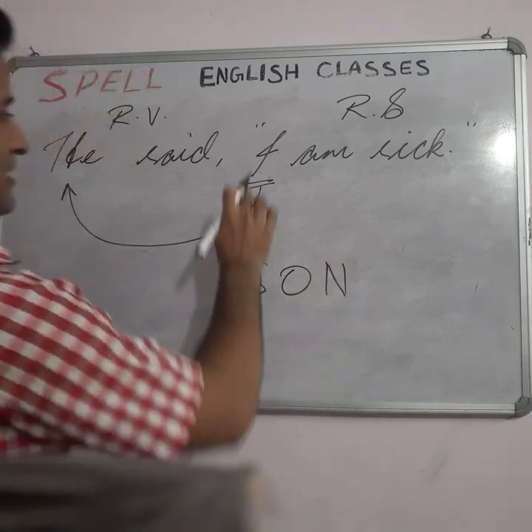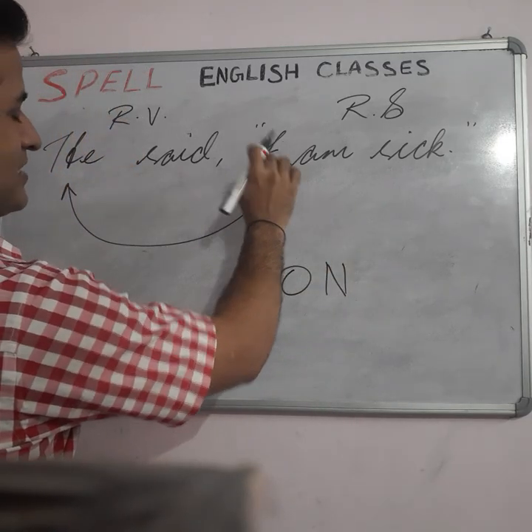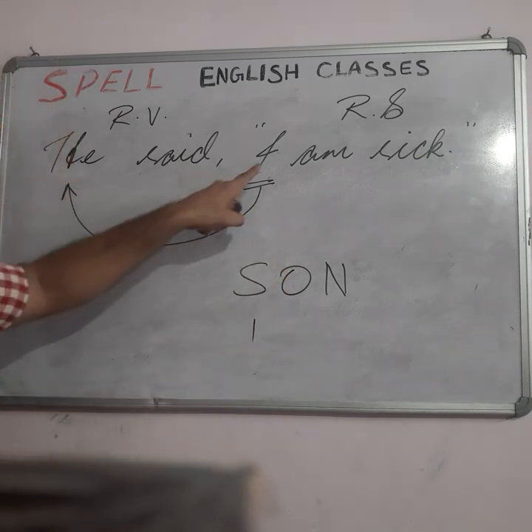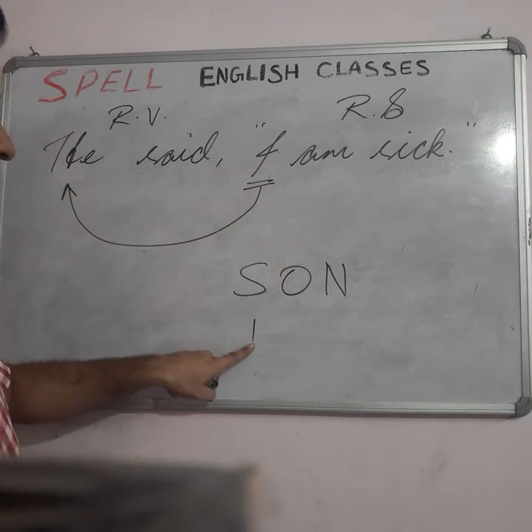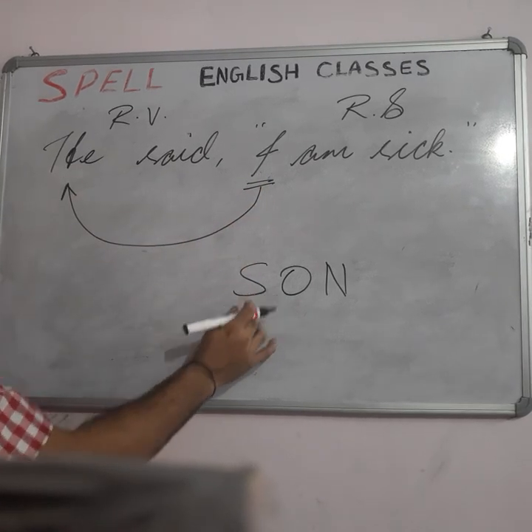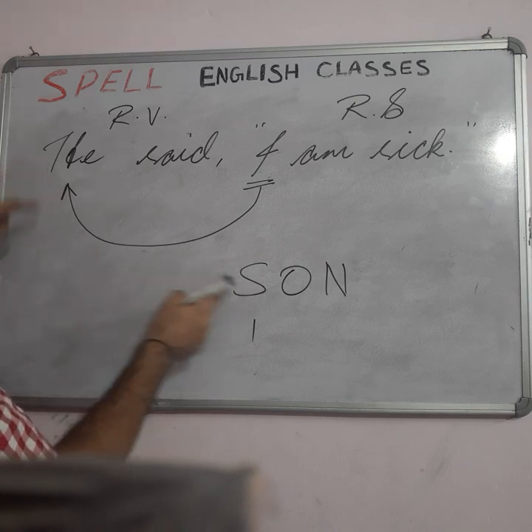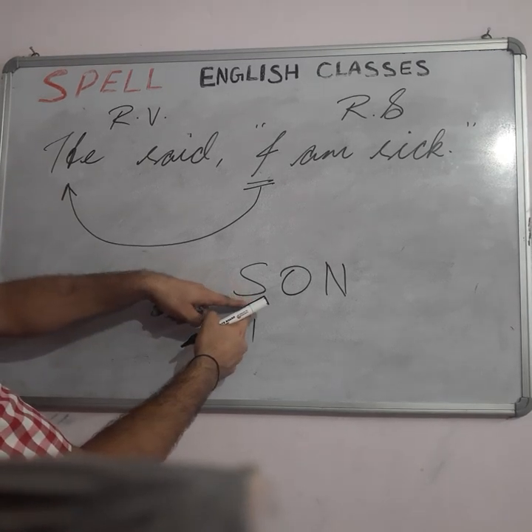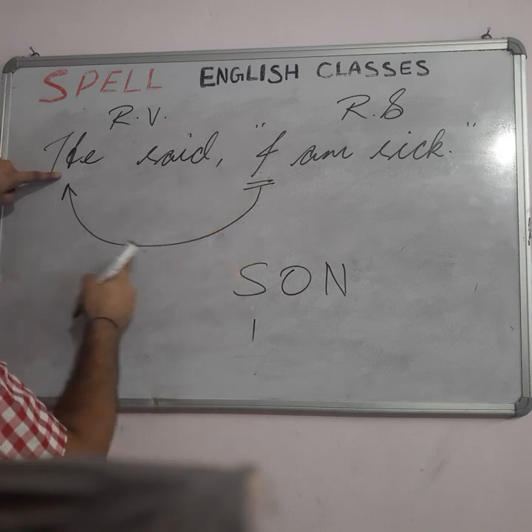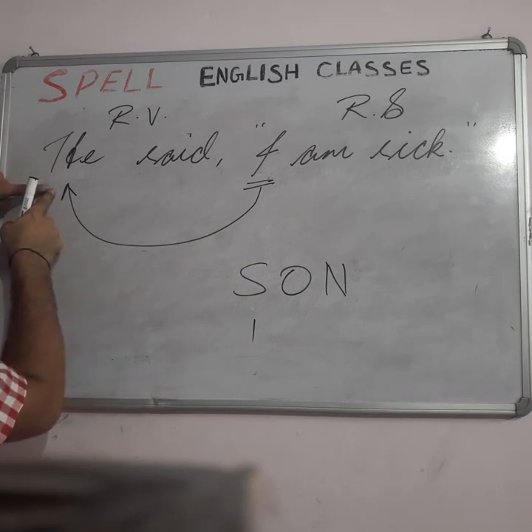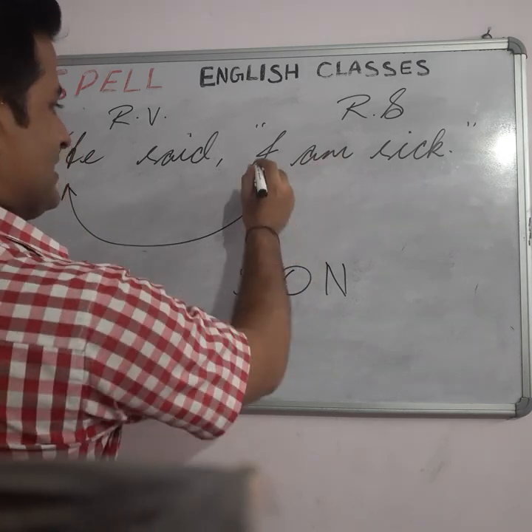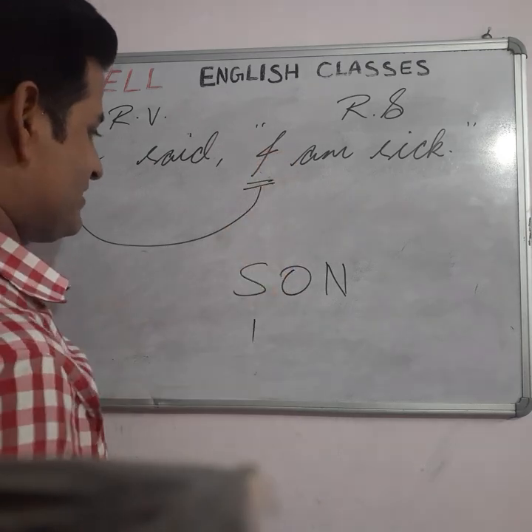Sun formula. If the subject is first person, I is first person, it should be changed according to the subject. I wrote the same thing. This is the subject over there. S is meant for this subject. This subject changes according to the subject used in the reporting verb. And when the subject used over here is